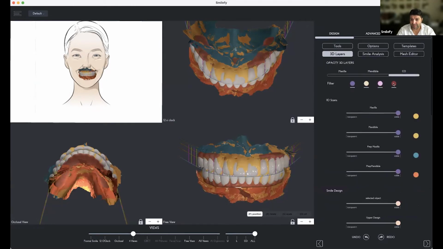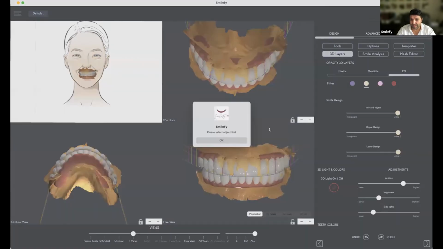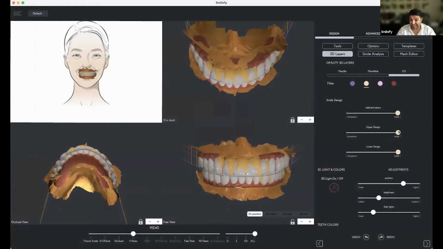Good. So let's see what we have here. Number one, we do have the update. I organized the sliders a little bit.